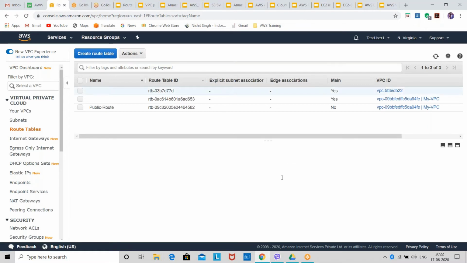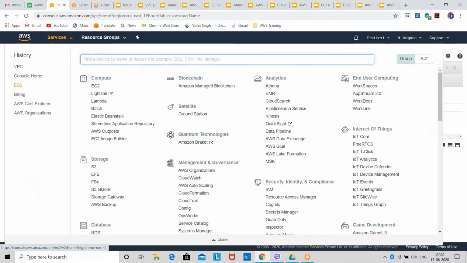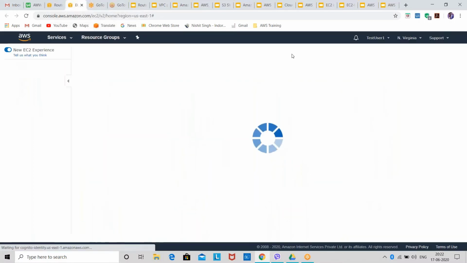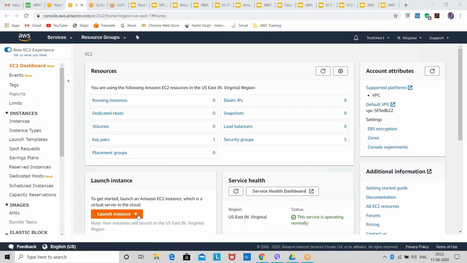Okay, so now what we have to do is we have to create an EC2 instance in this subnet or in this VPC. So we will go on to EC2. Here in EC2, I'll launch an instance.